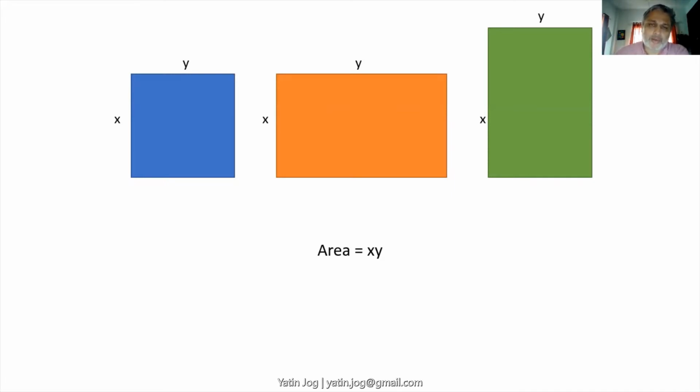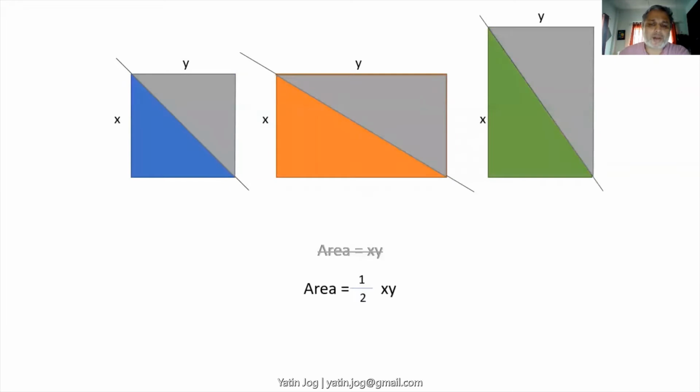Now we want to find out what is the area of a triangle. So I say a triangle is always half of a square or half of a rectangle. If I join the mirror image of the triangle to the existing triangle, it will become a square or a rectangle. So always the triangle is half of some square or some rectangle or some quadrangle in general, a quadrangle being any shape with 4 angles. So as I am making a half of the existing quadrangle, I will also halve the existing area. So the area of the triangle becomes half of xy, that is 1 by 2 into x into y. So that is the area of a triangle.